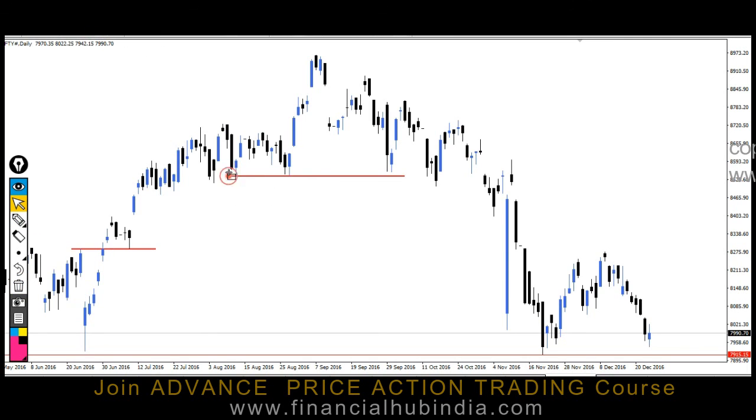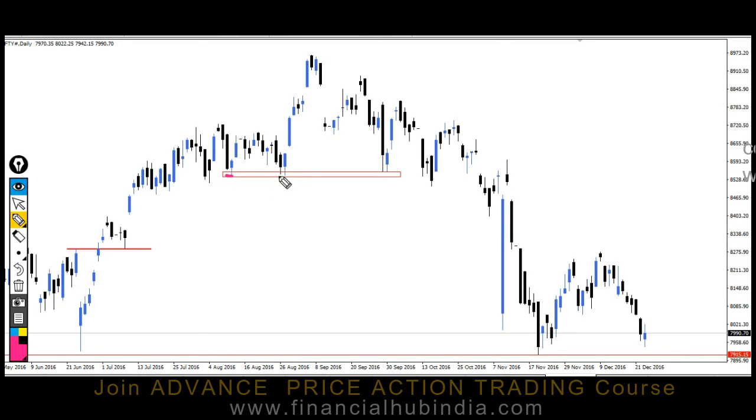right? So generally I draw it this way. So we have this point 1, we have this point 2, we have this point 3, which creates a support zone. So hopefully this support and resistance zone concept with this particular structure is clear for you,